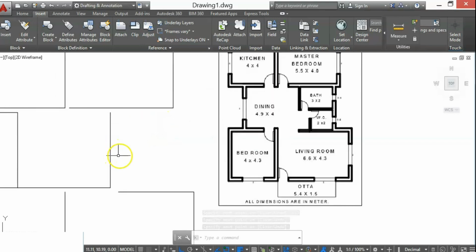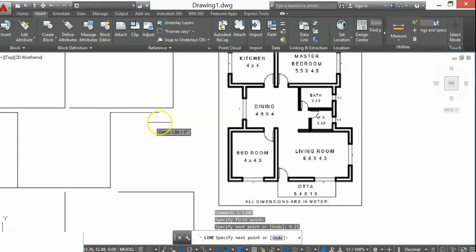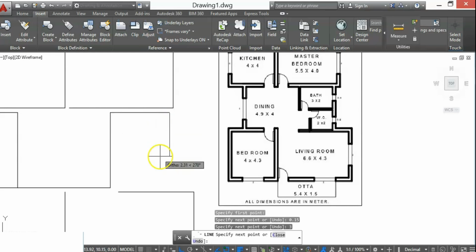For the bathroom, as you can see in the image, it's a partition wall, so I'll add a thickness of partition wall 0.15 meters, and the length of the bathroom is 3 meters, so 3, enter. Width is 2 meters.